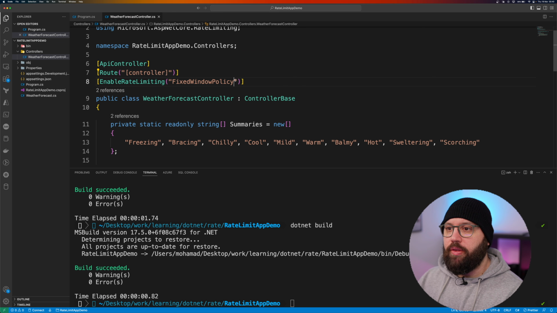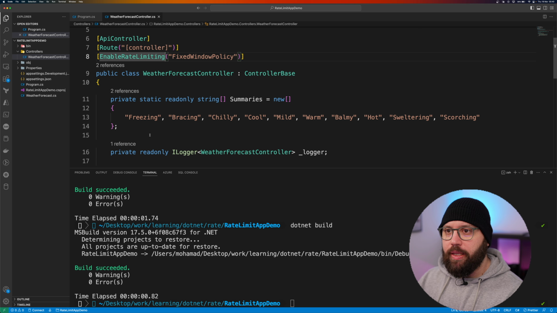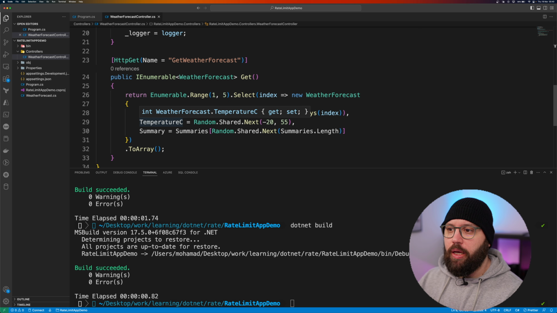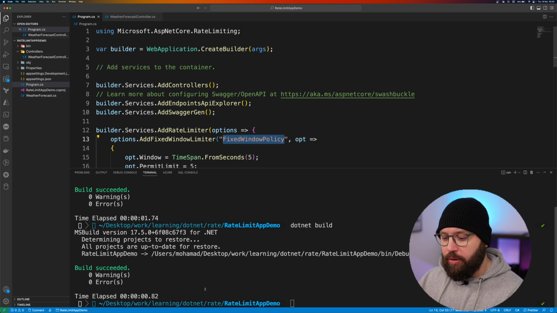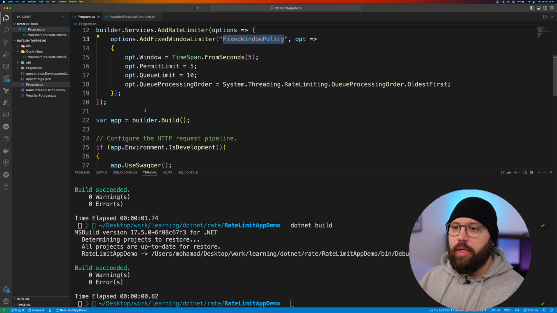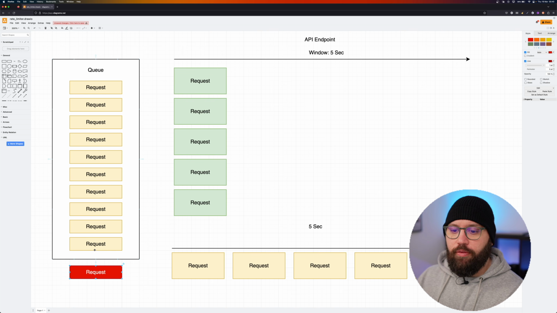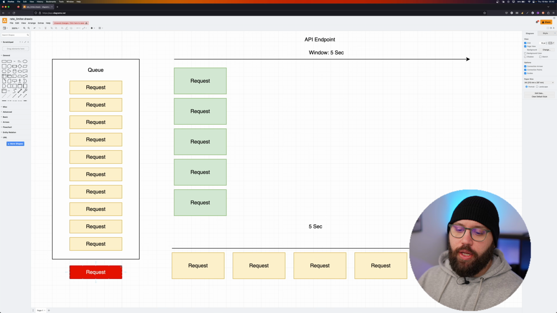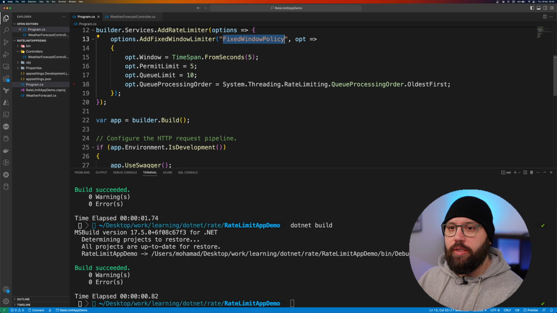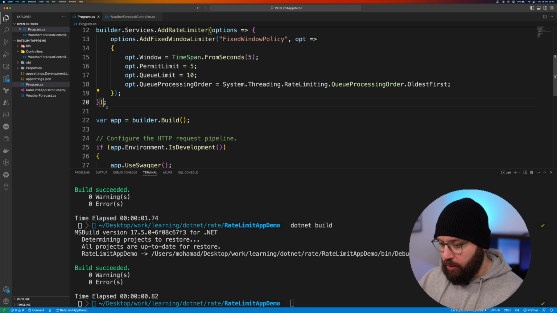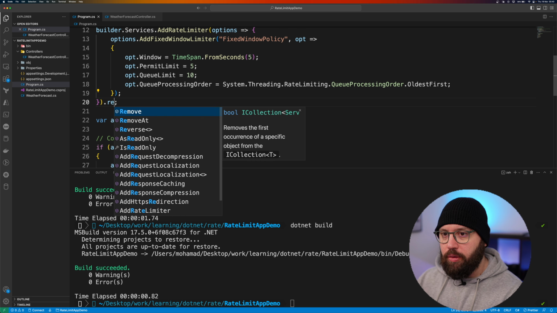Now that I have added this, right now my request here is going to be within the rate limiter. So another item that I would like to add, just to make sure that I'm covered, is I want to specify what happens to the request which is going to come in after my queue is finished. And for this, I'm going to add it after my rate limiting options, and all I'm going to be saying here is dot